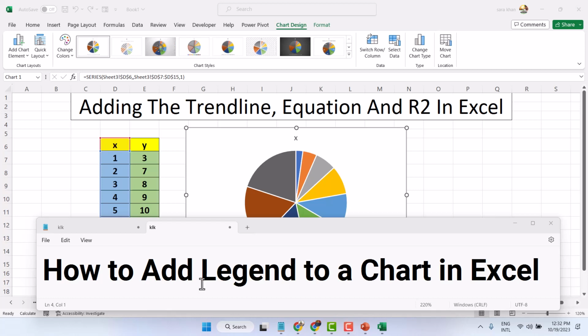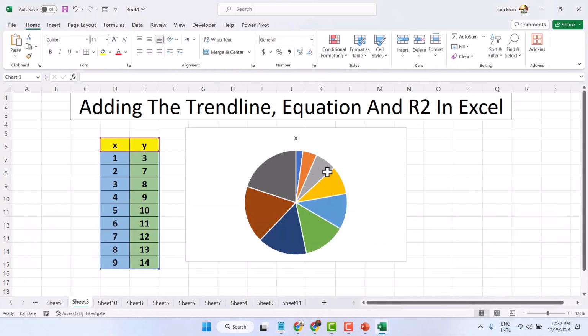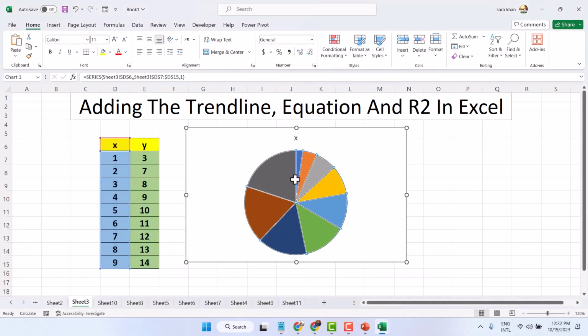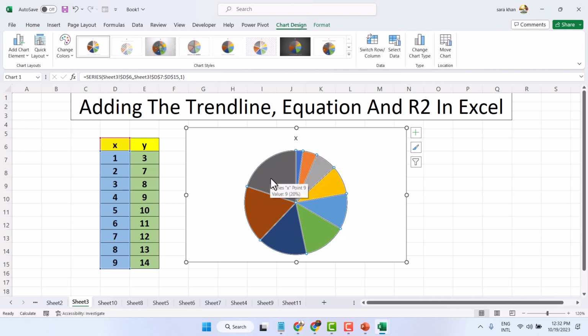In this video, I will show how to add legend to a chart in Excel. So as we can see, we are not able to find out which color is for which one. Once you hover, you will see